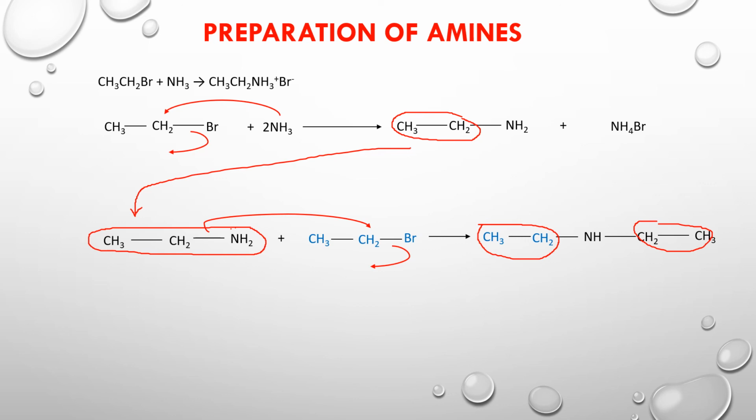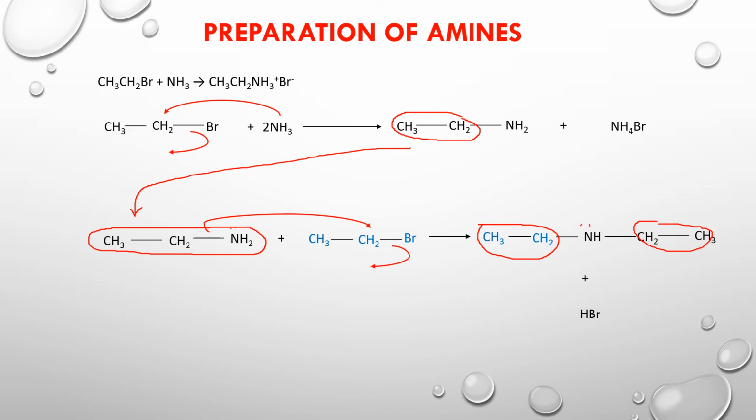However, you have to note that the nitrogen is still carrying the lone pair of electron, which means that it can still act as a nucleophile. So this secondary amine can act as a nucleophile for another set of reaction, and the reaction can be continued. Now let's look at our byproduct. The hydrogen from amine is going to be removed, and that is going to combine with the Br to produce our product as HBr, which is hydrogen bromide, our inorganic byproduct.